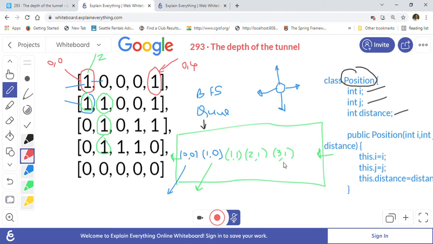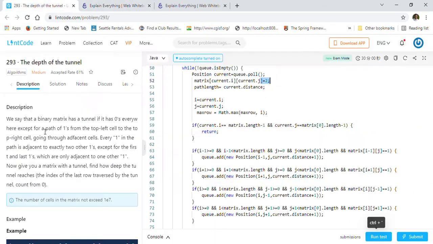For example, here we are visiting maximum row, which becomes 3 here, right? Here maximum row was 2 before, so now it becomes 3 here, right? Once you visit this cell that I am highlighting here, the maximum row value becomes 3, and that is how we will keep track of the maximum value, right? And we will finally return the maximum value because that is what we have been asked to return.